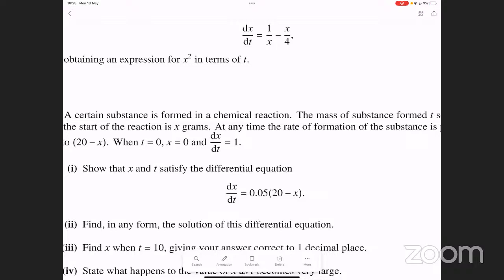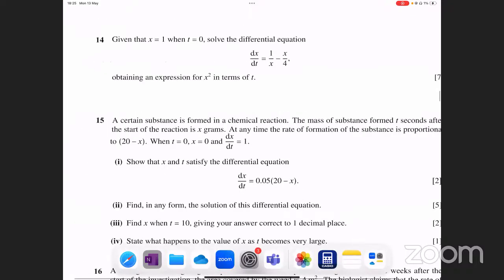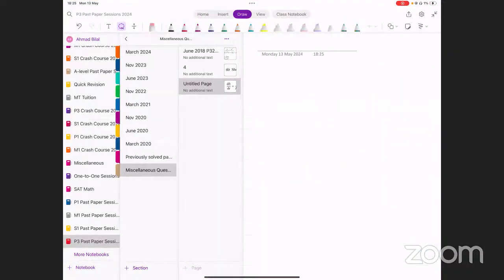How do we integrate tan square and tan cube? Okay. Tan square is integrated using a trigonometric identity. You need to know that. Just like you need to know how to integrate sine square and cos square. They are integrated using the double angle identity for cos. Tan square, on the other hand, is